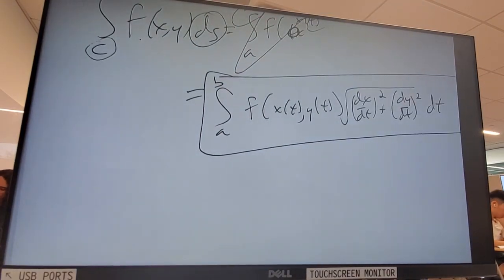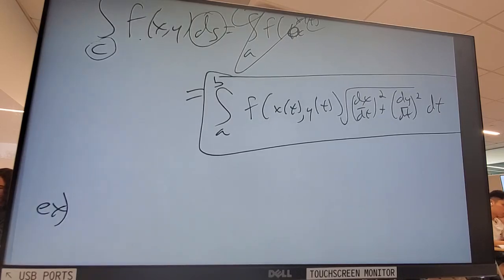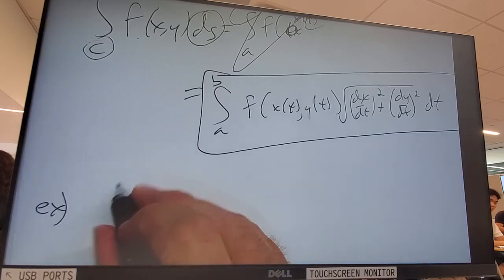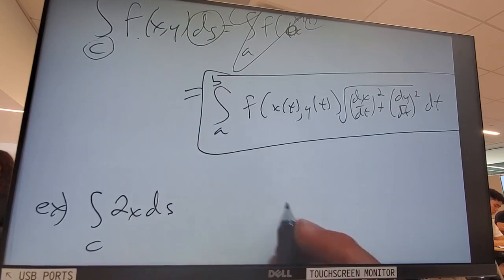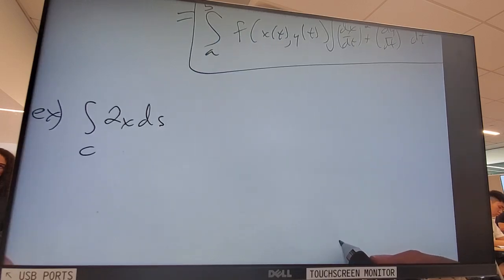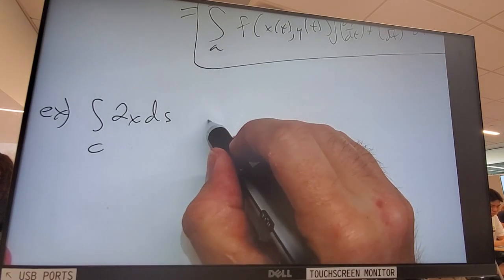So let's try an example out. This is a nice little quick example. Do you guys want a concrete example? I'm joking, of course you do. So let me give us a deceptively tiny problem to figure out. Look at that, it looks very harmless. It's not going to be terrible.